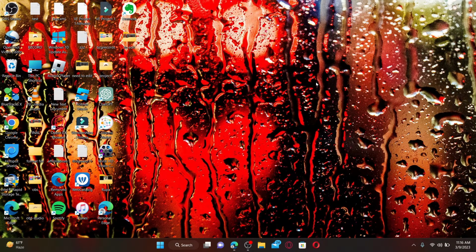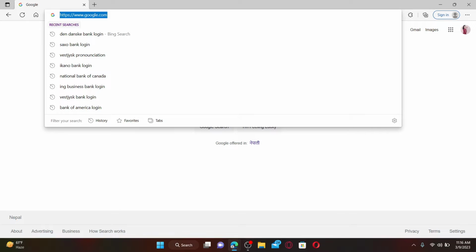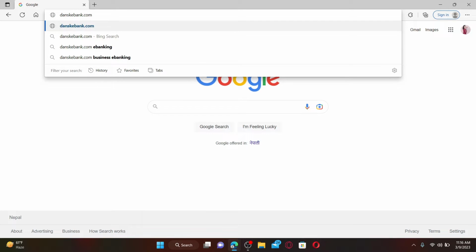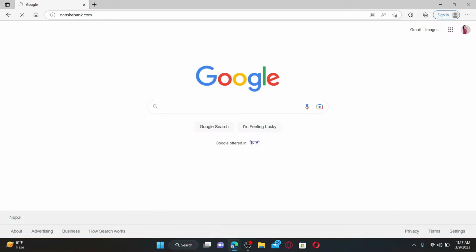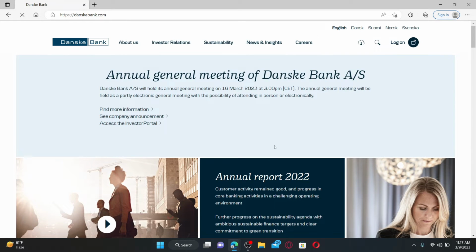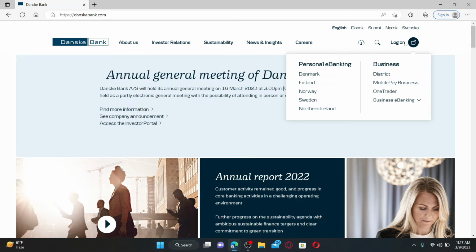Open up a web browser to get started. In the web address bar, type in danskebank.com and press enter on your keyboard. Soon after you do that, you'll end up in the official web page. To log in and access your online banking account, click on the log on button at the top right hand corner, which will open up a pop-up menu. Select your location from the personal e-banking option and then it'll now take you to the login area on a